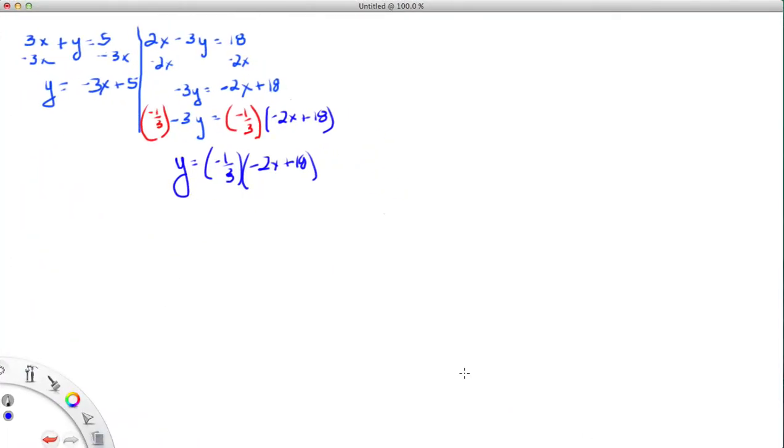The solution was 3, -4. Let's just check that to make sure. Let's take this first equation: 3x plus y equals 5. We're saying that 3, -4 is a solution to both of those equations up there. So if I plug in a 3 for x and I plug in a -4,